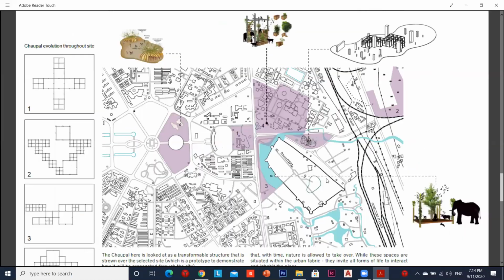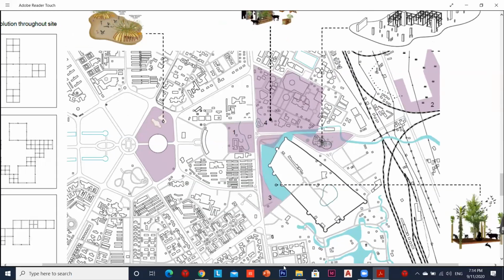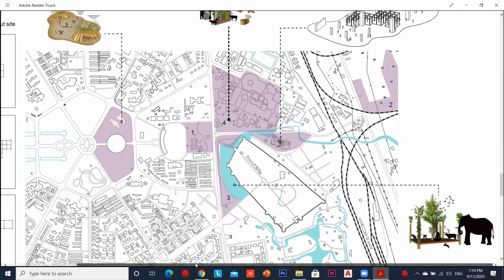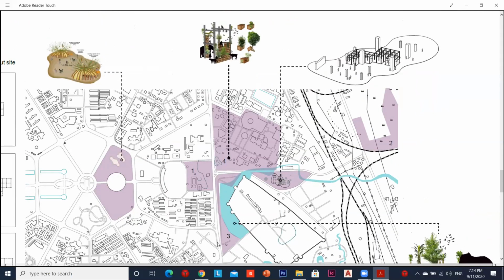So ideally, we would like this to spread all over the city, but just to focus and to come up with these typologies, we focused on all the purple regions that you're seeing, and the blue region is the lake, and we've tried to connect it back to the river to allow the water to flow in its gradient. And all these purple spaces that you see are various typologies.